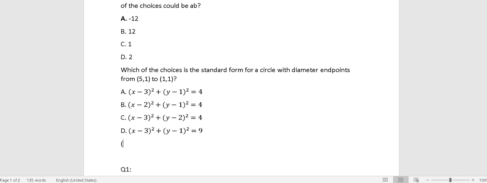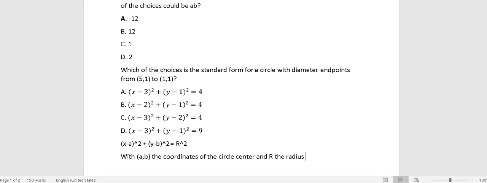The standard form is (x minus a) to the power of 2 plus (y minus b) to the power of 2 equals r to the power of 2, with a and b the coordinates of the circle center and r the radius of the circle, right? And from this we get the expanded form, which is x to the power of 2 plus y to the